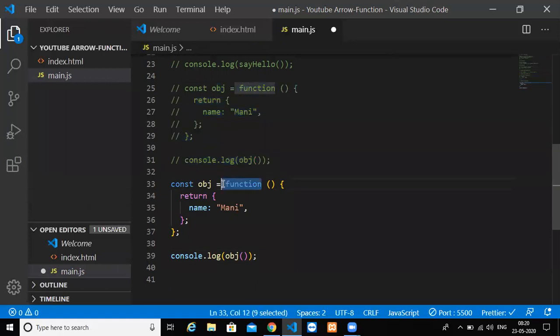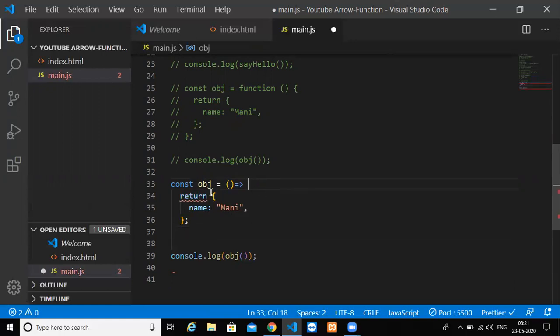I don't require this function keyword, and then I want a fat arrow. Since it is a single line, I don't want a return statement in the next line, so I will remove these braces first of all.